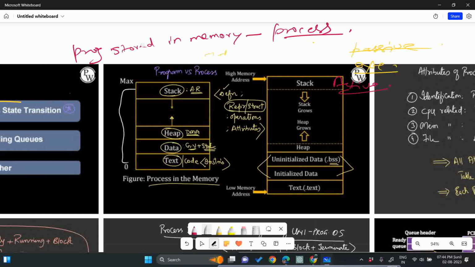So the code section, the instructions, are stored in the text area, and the global variables and static variables are stored in the data section, and the dynamic memory, dynamic data is stored in the heap section, dynamic memory access, this is DMA, and it can grow as data increases, and the